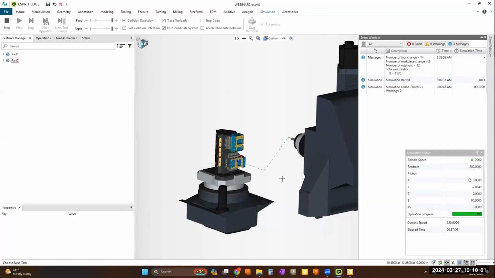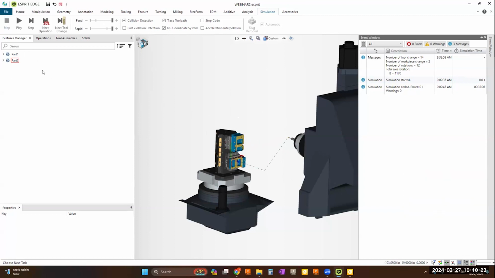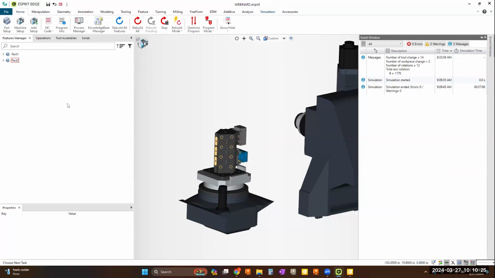So we just want to show you how easy it is to swap over and use a different fixture within ESPRIT without having to reprogram the part. And so once again, when we're focusing on productivity, it's also being able to pivot from certain scenarios without hindering any type of production. So the way that I'm going to do this is I need to go into my